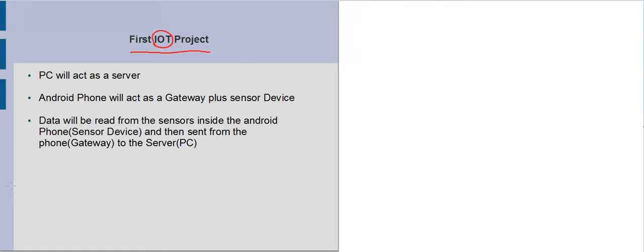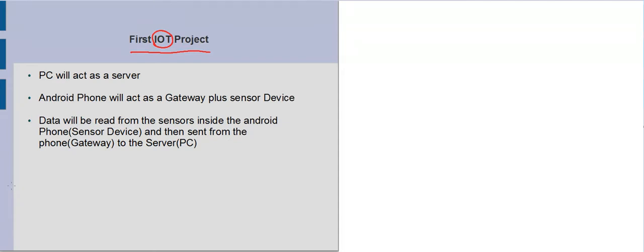Maybe some small tiny Android device, and then maybe a certain gateway in between, and then a server. But then I thought, let's keep it simple so that it is easily understandable, and you get the concept of what an IoT ecosystem actually is and how it works. You get this concept completely, and then you can apply it to any kind of devices, maybe Raspberry Pi based devices or gateways, or Arduino based, and cloud based